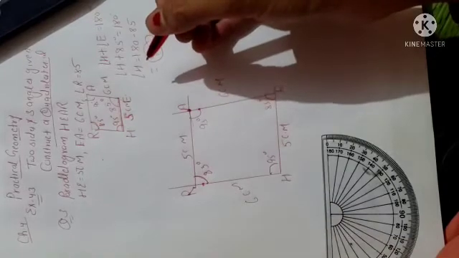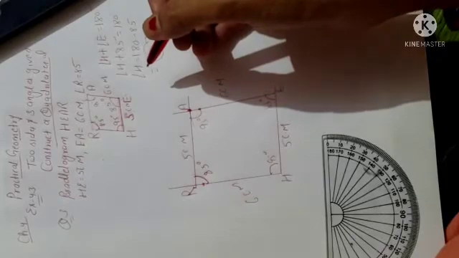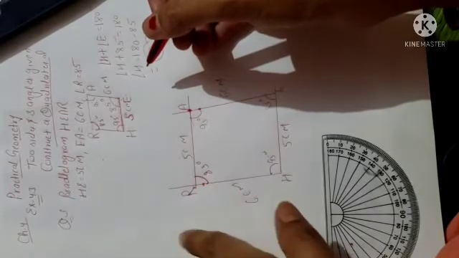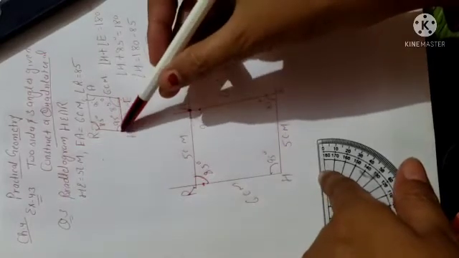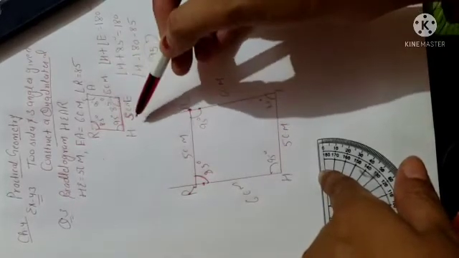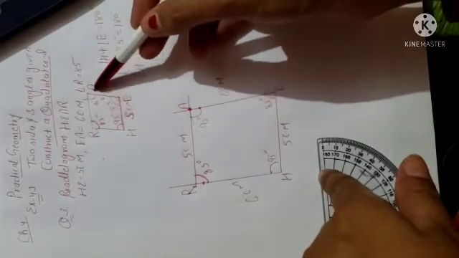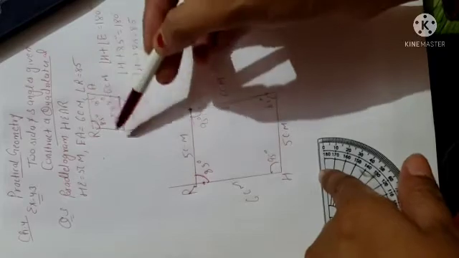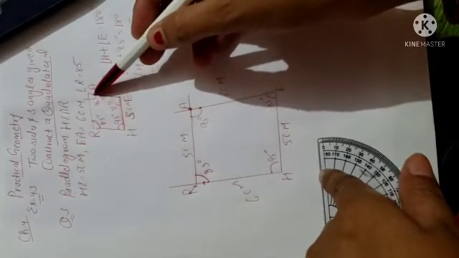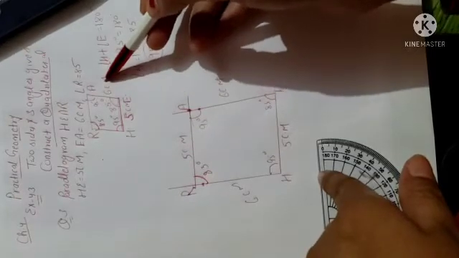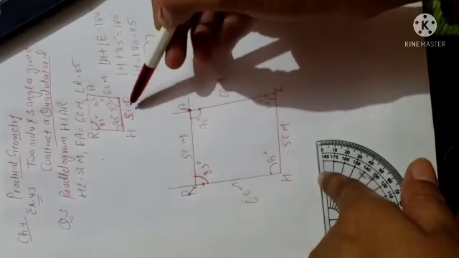Now the first step in this type of question, beta: first you have to take the length where the length of the side is given, and on this length both the angles are given. So here you can see on HE, both the angles H and E are given. You know this one angle also, because this is a parallelogram, so opposite angles will be equal. So angle H will be equal to angle A, and it will also be 95. And since this length and this length are given, you can take any two sides. So for example, first I am taking this one side HE.